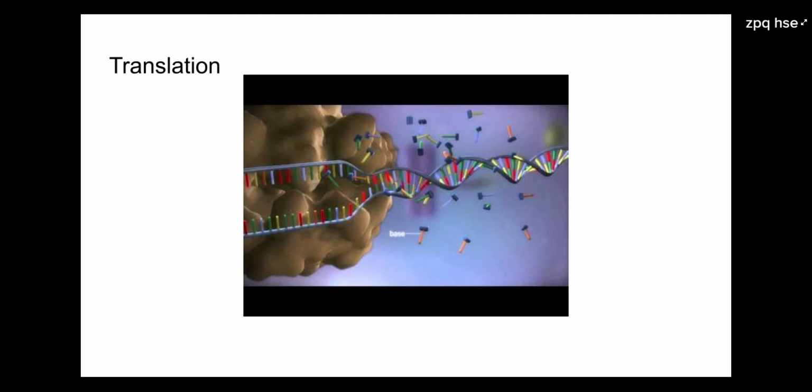Transfer RNA molecules carry the amino acids to the ribosome. The messenger RNA is read 3 bases at a time. So remember, the tRNA has the anticodon and the mRNA has the codon. As each triplet is read, a transfer RNA delivers the corresponding amino